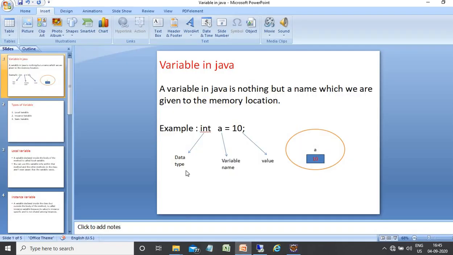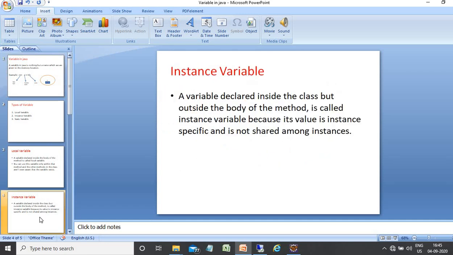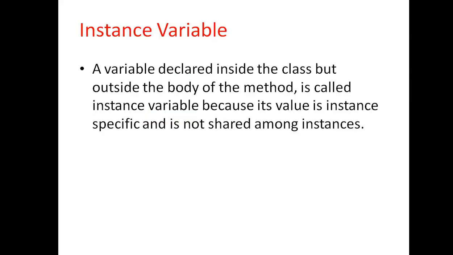So second is instance variable. Okay, a variable declared inside the class but outside the body of the method is called instance variable, because its value is instance specific and is not shared among instances. So guys, let's understand with the example